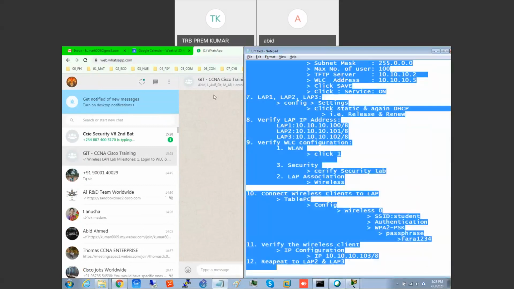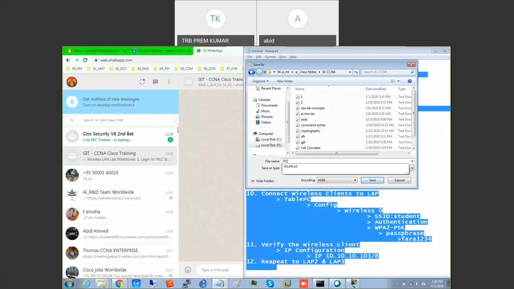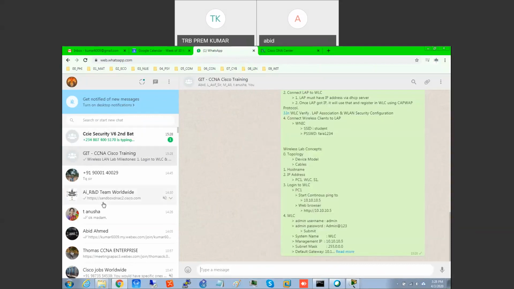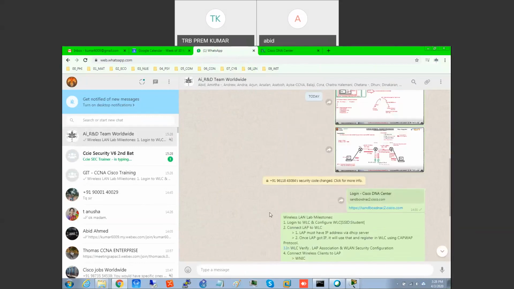I will save it and keep it, and I send it to our group also. Next, I need to send this working topology also.